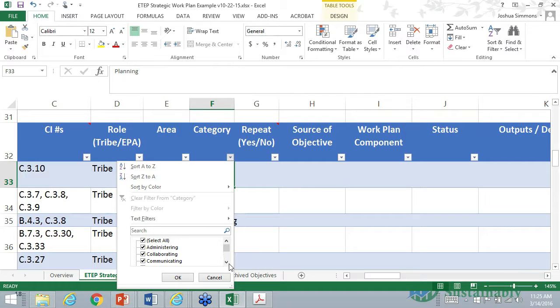So I'll pull down this drop down and read some out. I have one called administering. If you're doing administrative type activities, or oversight type of activities, then you may want to have an administering category. Collaborating might be something related to partnerships or collaborating with partners. Communicating, educating, so I actually have that covering education outreach activities. Funding, meaning pursuing funding. Implementing, monitoring, if there's monitoring activities like under your Clean Water Act or Clean Air Act